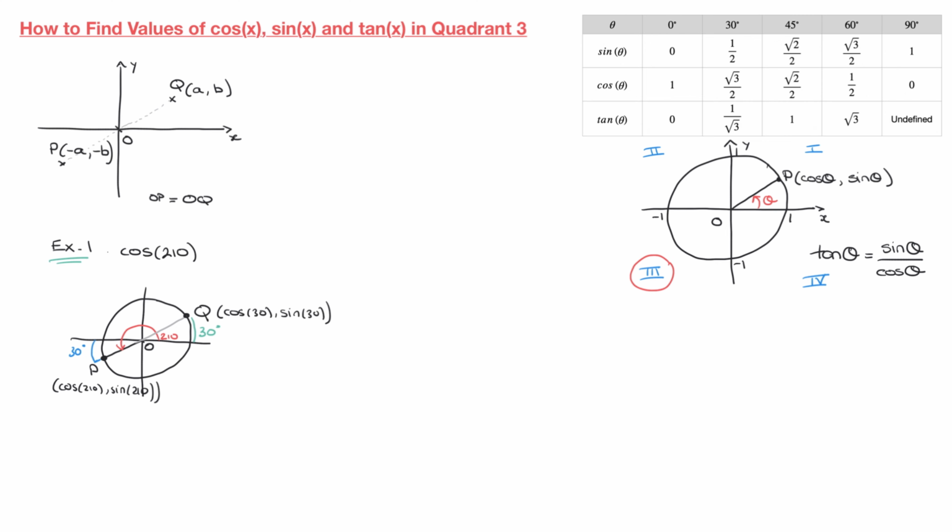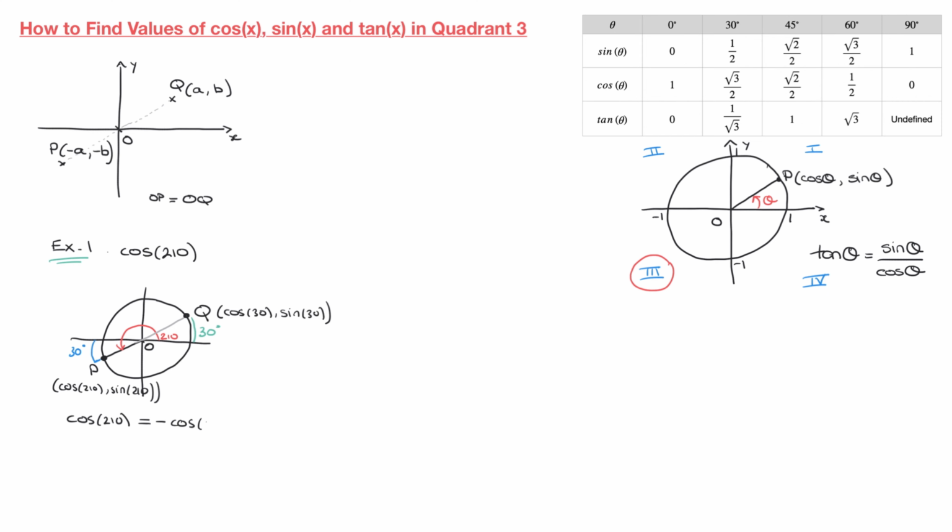But now here's the thing. Since points P and Q are diametrically opposite each other, that allows us to state that the x-coordinate of point P has to be equal to the opposite of the x-coordinate of point Q, and the y-coordinate of point P has to equal the opposite of the y-coordinate of point Q. In other words, from this sketch alone, we're now in a position to state that cosine of 210 must equal the opposite of